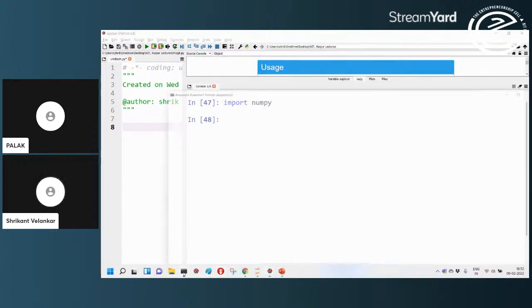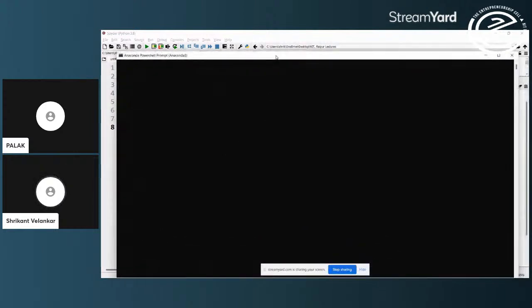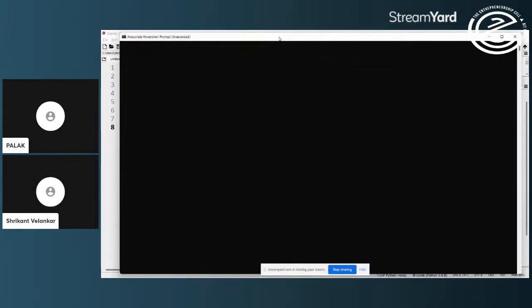In such case, you have to go to the Python environment. Here I have to say pip, the Python package installer. So pip install numpy.